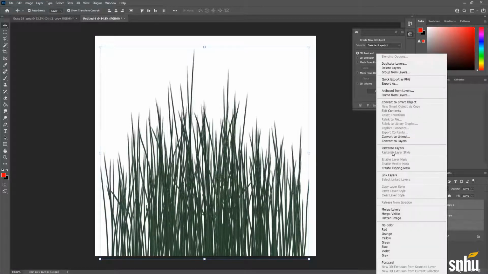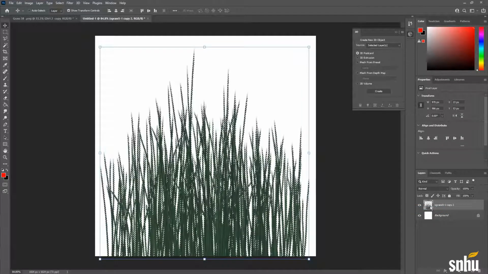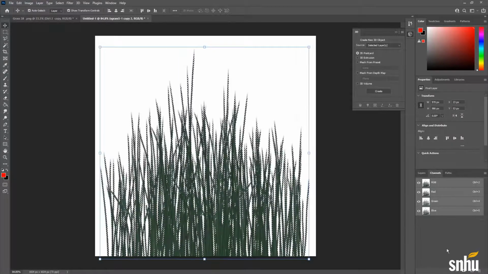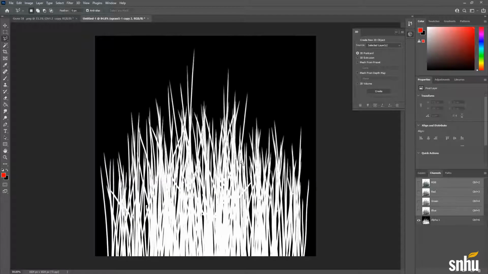So now I'm going to rasterize these, and I want to merge these, and then hold Control and click right here. Okay. Basically what this is doing is selecting all of the color data that's on this layer. So we'll see that the background is transparent. So we need to actually select all of that, go over to our channels, and click this button down here that says Save Selection as Channel. When we do that, it's going to create an alpha for us. So if I hide all this and deselect that, you'll see that this is our alpha for our grass layer. Okay.